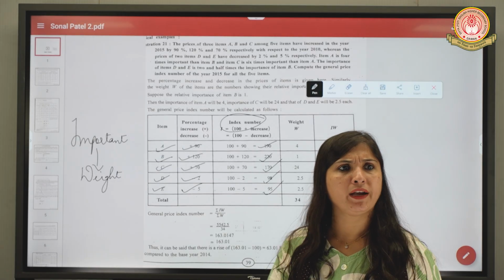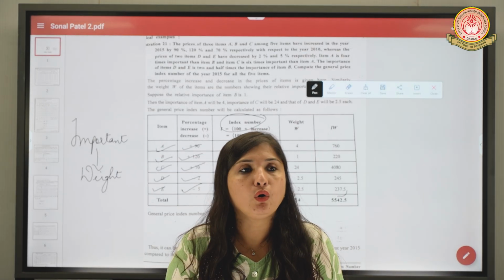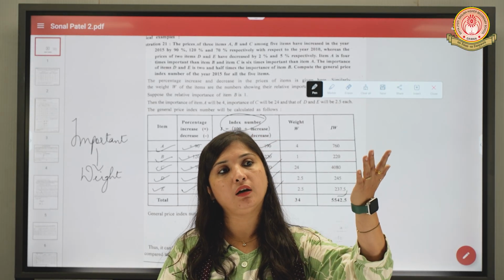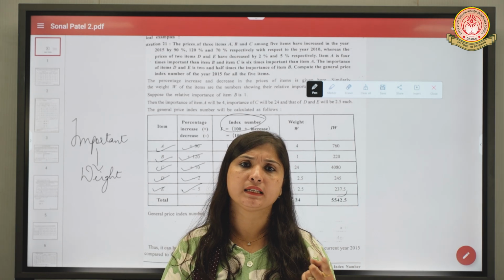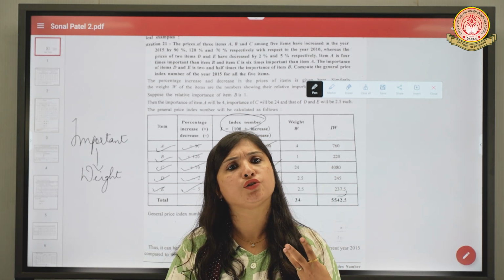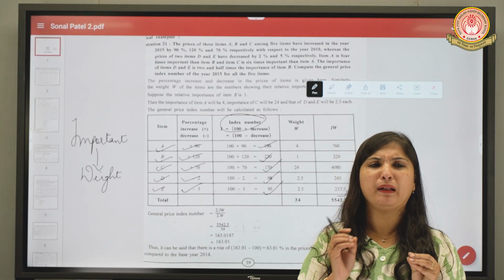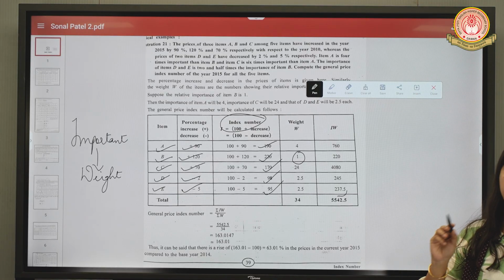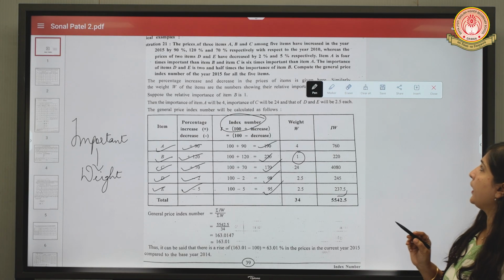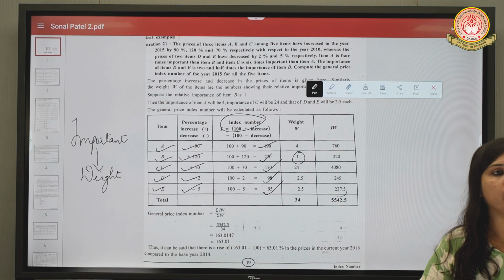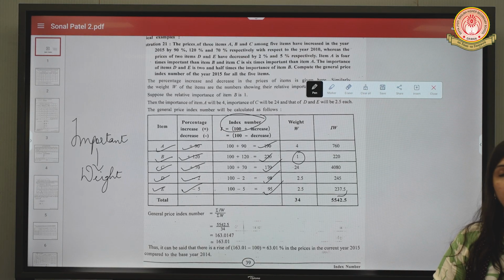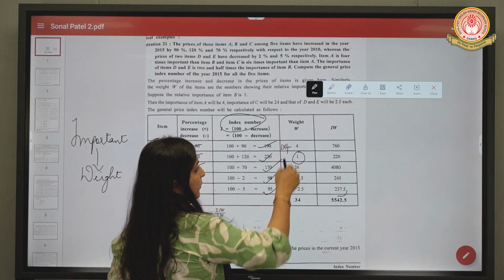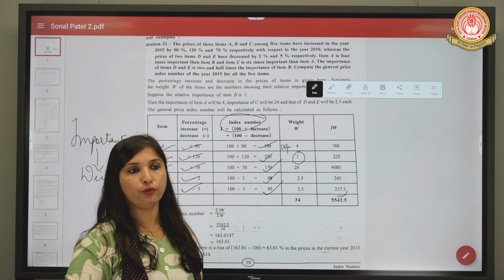But do we know the importance of item B? No, we don't know B. You can take whatever you want, because we have to take a base from which we have to do the weight calculation. You can either assume it as 1, you can assume it as 2 also, or you can assume it as 3 also. For a very simple calculation, we will assume it as 1. So let's take B as 1 and then we will do the calculation. The importance of A is 4 times important than B. Means what is the importance of B? It is 1 and it is 4 times, will be multiplied by what? 4. 1 into 4, that is 4.